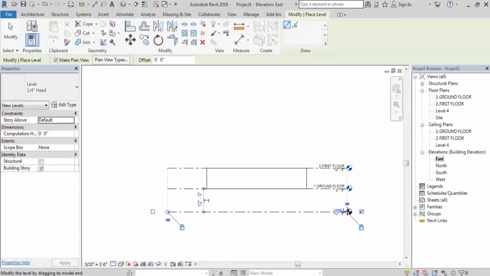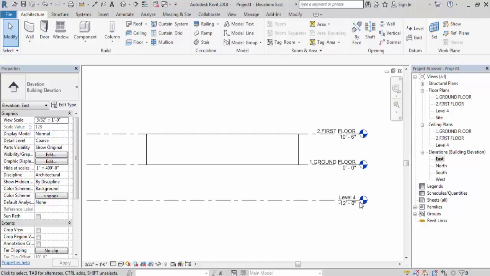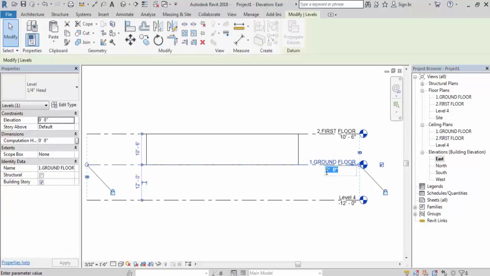This is the ground label. So here it's showing minus 12 feet. I have created this label in downward direction. That's why it's showing minus 12 feet. This is ground floor. Ground floor is on 0 feet now, but ground floor should be on 2 feet and 6 inch distance. Ground floor level should be in 2 feet and 6 inch. So I will change this from 0 to 2 feet and 6 inch. Change the level from 0 to 2 feet and 6 inch.